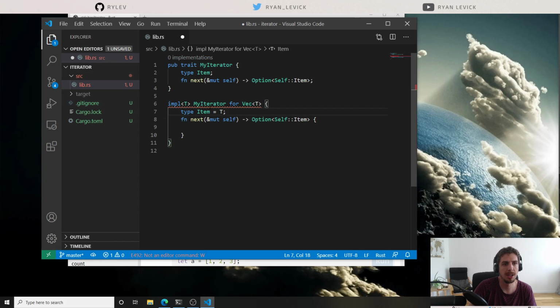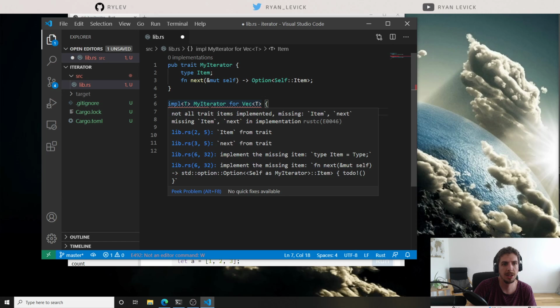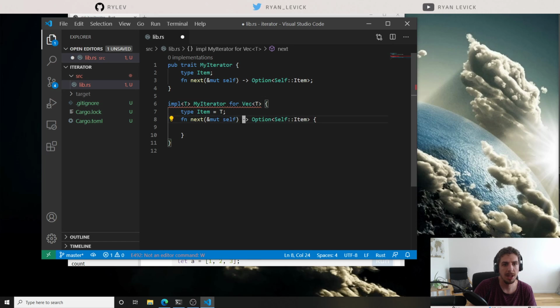Cool. And let's see what we have going on here. And it's saying unimplemented. Cool. So we're done with setting up the boilerplate of the whole thing,